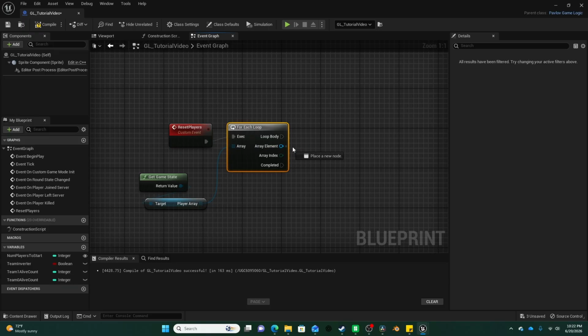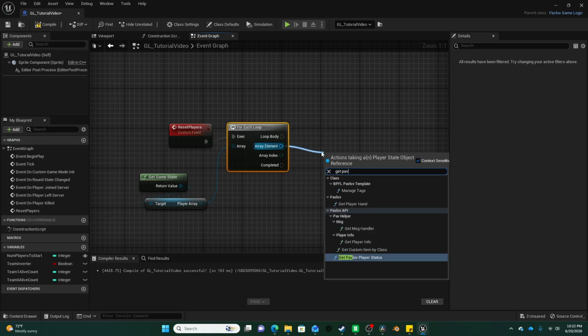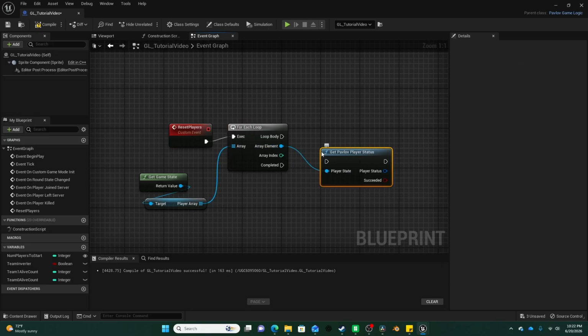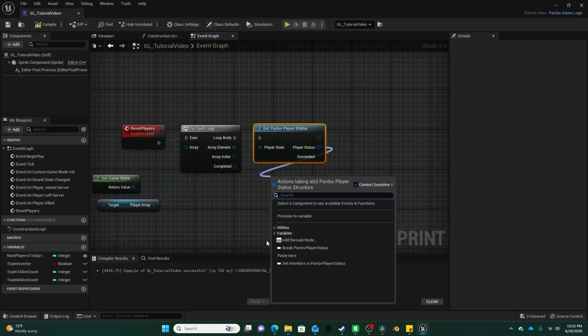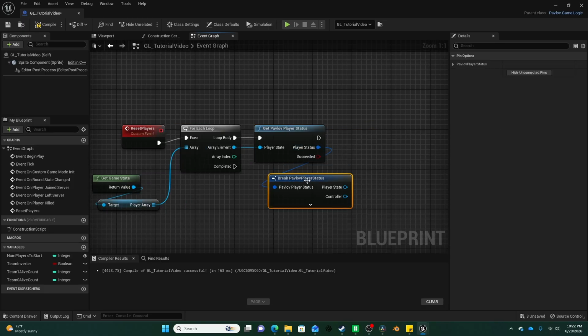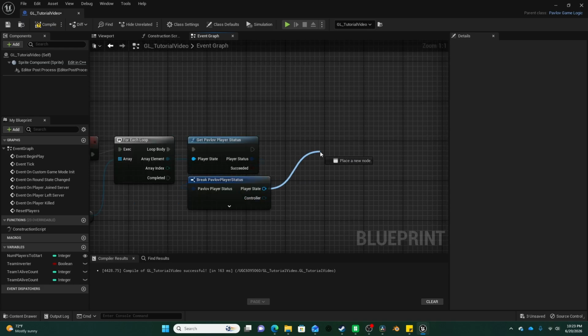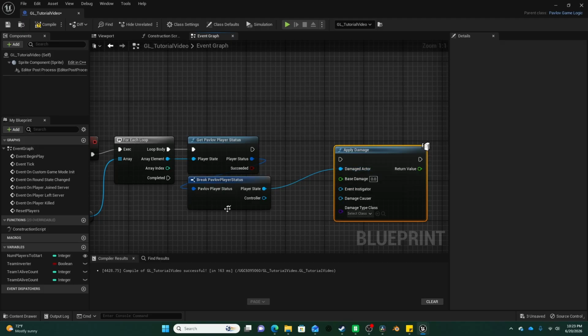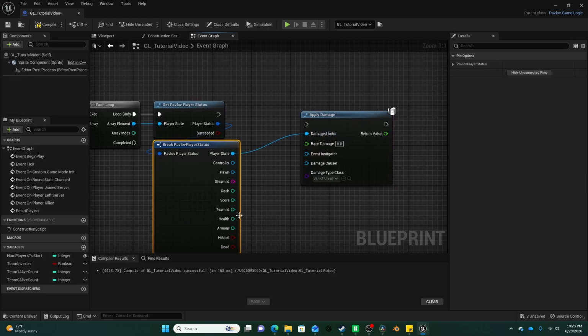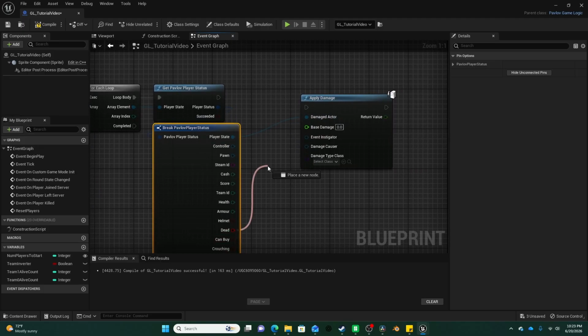And then for each array element in the loop body, we're going to get Pavlov player status. This will be in the loop body. Pavlov player status, we'll go ahead and break this down. And then from the player state, we're going to apply damage. Well, actually, we're going to do a couple things. One thing we're going to do is go into a branch statement, and we're going to